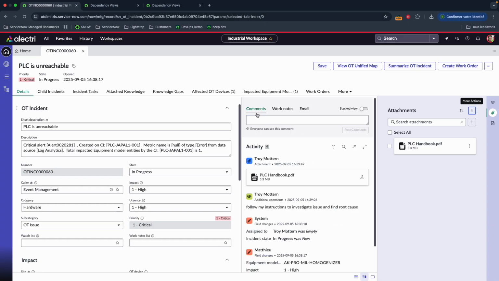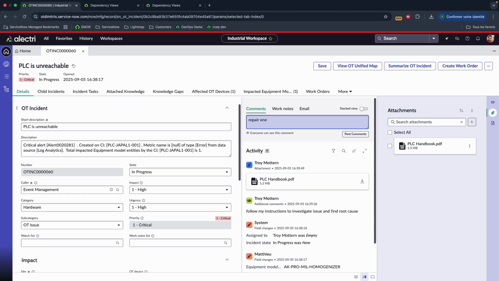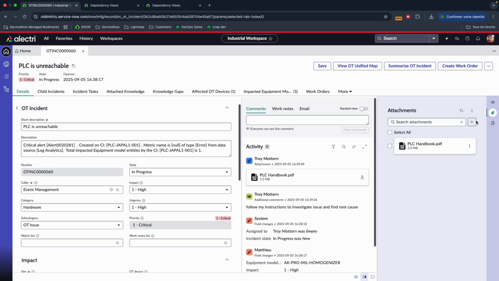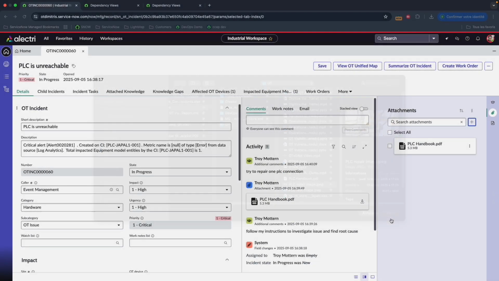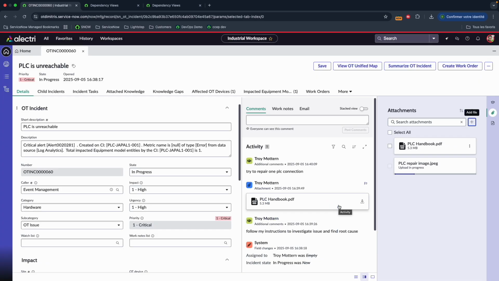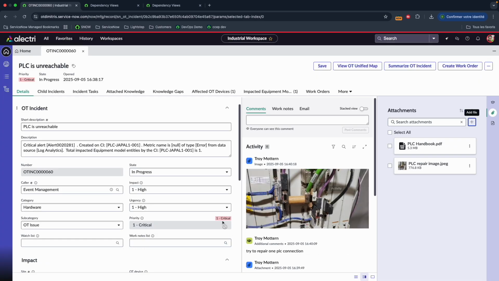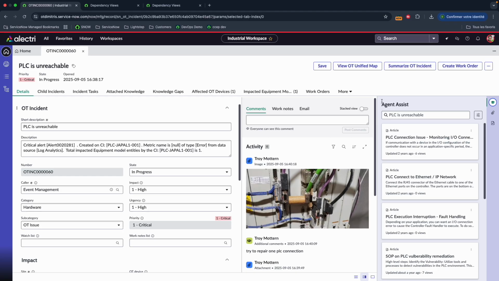And by the way, when I progress, I can also give a picture of what I did. And here I will simply search for taking the picture of the repair that I am doing. So here we ensure a complete tracking of all the actions that are done with a simple user interface that shows both the impact and the affected devices and gives you advice if needed using AI.